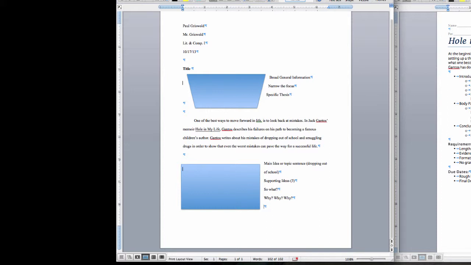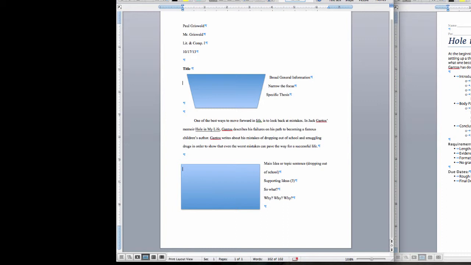That means you haven't done a good job of thinking critically and explaining how Jack's mistakes have had consequences in the future, both good and bad. Okay, you can explain both ways for us. So that would be our body paragraph. I'm not going to write an example for you because I don't want to take some of the ideas away from you and some of the quotations that you would look for in your own paper. Okay? At this point, pause the video and answer the questions about body paragraphs.